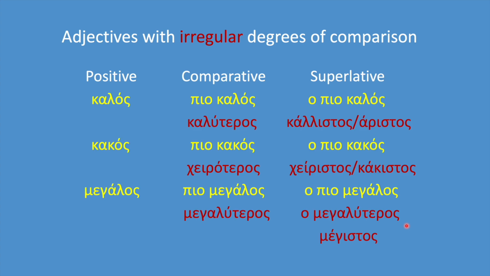There are also some adjectives that have irregular degrees of comparison. These are the most common. Kalos, kaliteros, kalistos, or aristos. You can also use this form with a definite article, o kaliteros. In everyday language, you may also hear the superlative kalótatos, kakos, χειρότερος, χείριστος, or kakistos. And here also you can say ο χειρότερος, μεγάλος, μεγαλύτερος, ο μεγαλύτερος, μέγιστος, πολύς, περισσότερος, ο περισσότερος, πλήστος, λίγος is